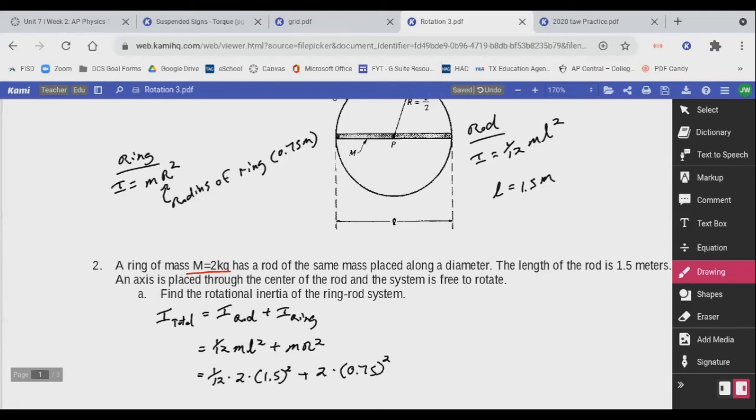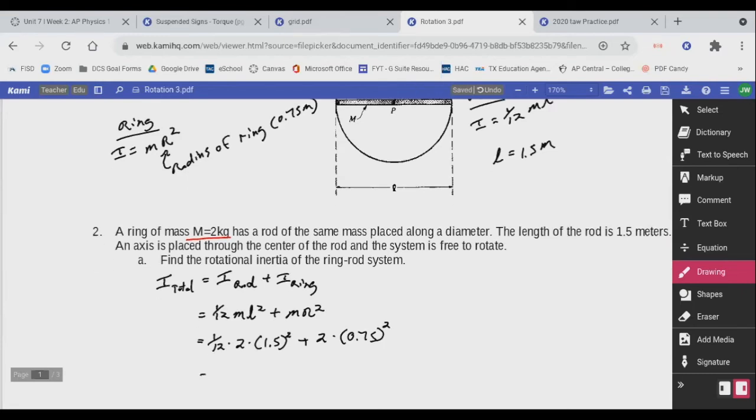When we do the math, when I calculated it, I got 1.5 kilogram meters squared. Okay, so if we're good there,